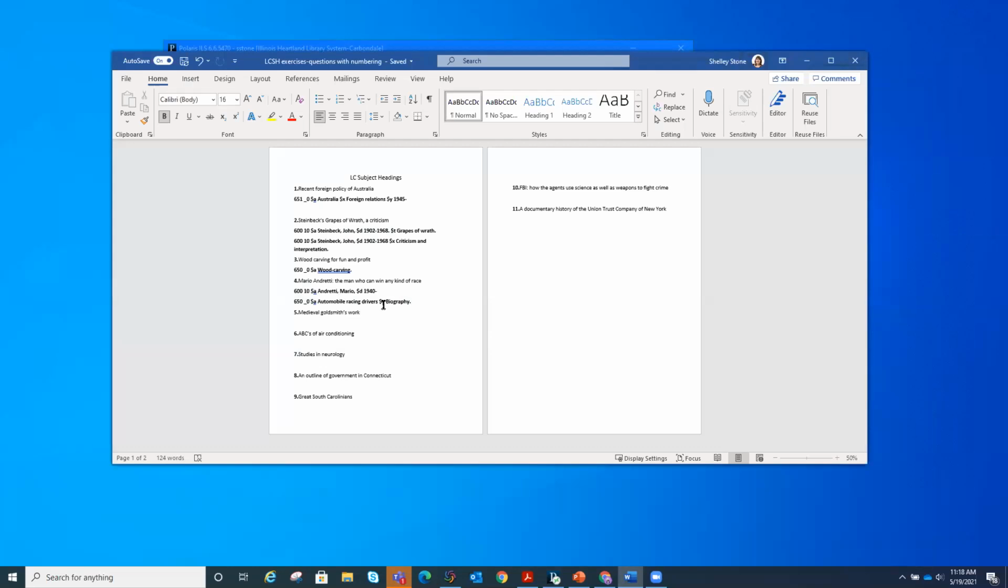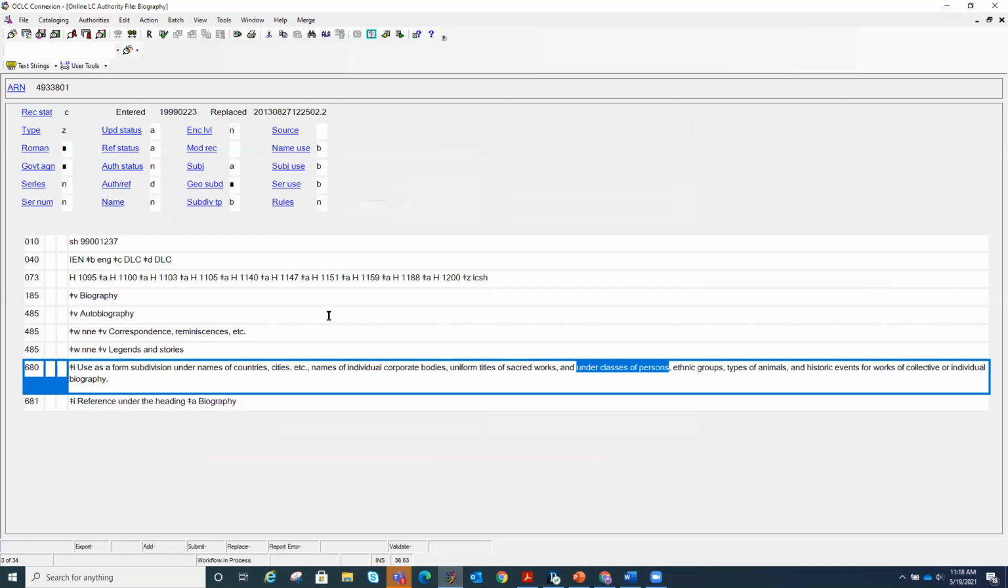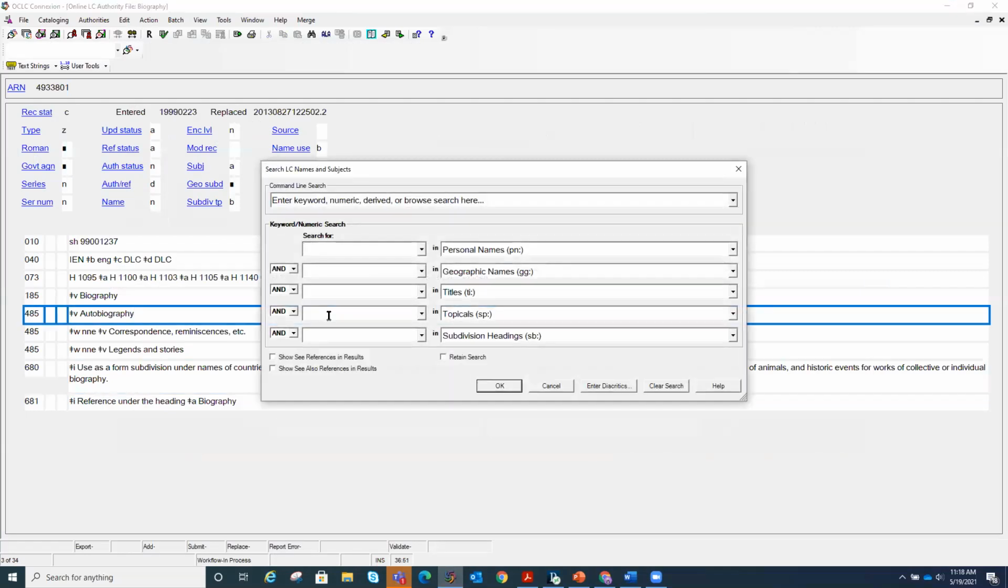Automobile racing drivers, subfield v biography. So some of you may have gone ahead to thinking about the next one while I wandered along to other topics, but medieval goldsmiths' work. Think about a keyword to search by. So I'll do Shift F2 and